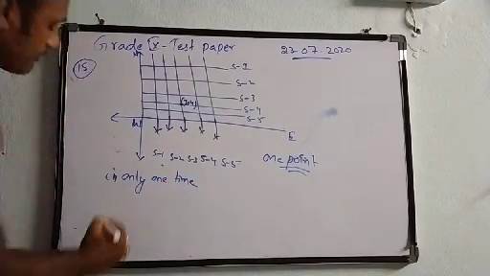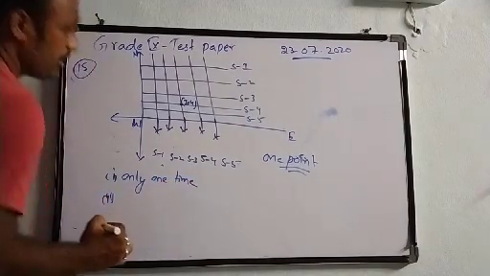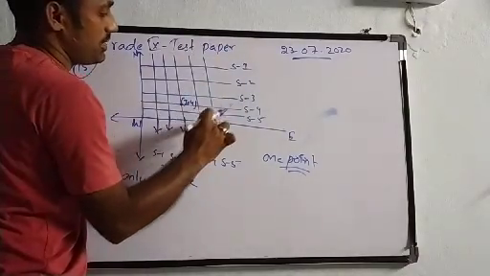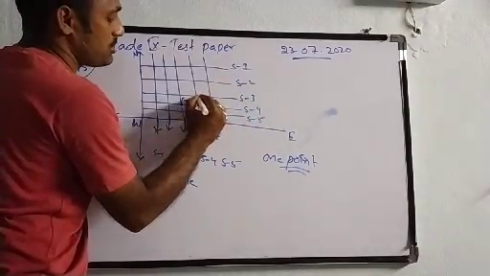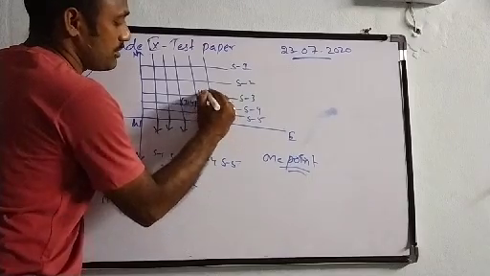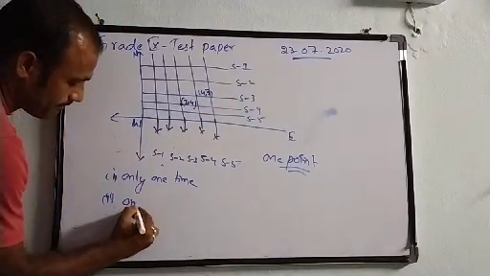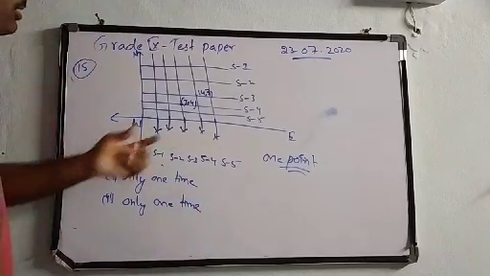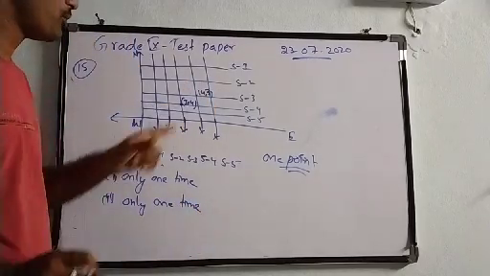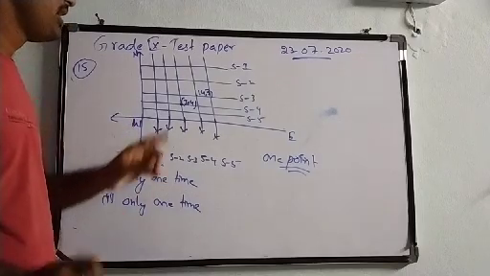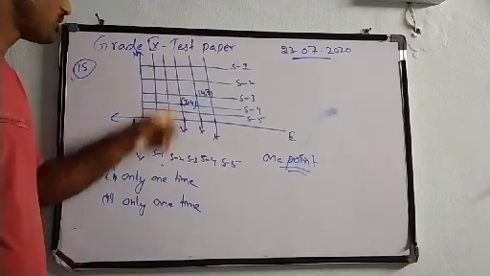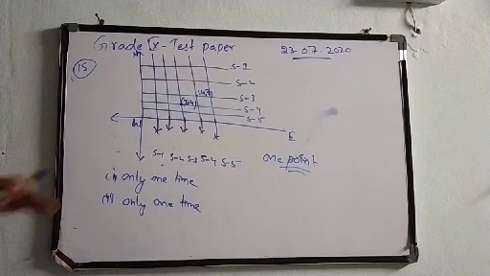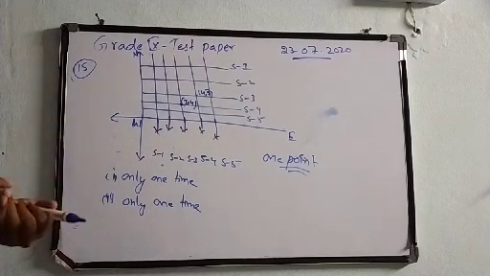We can have only one time that 3 comma 4 point and 4 comma 3. So if we see the fourth street and third street in this direction, this will be 4 comma 3. So this is also there only one time. It means that we can have only one time of 3 comma 4 street and 4 comma 3 street. So third street in the north-south direction and fourth street in the east-west direction. So this is the explanation of yesterday's test paper. Thank you.